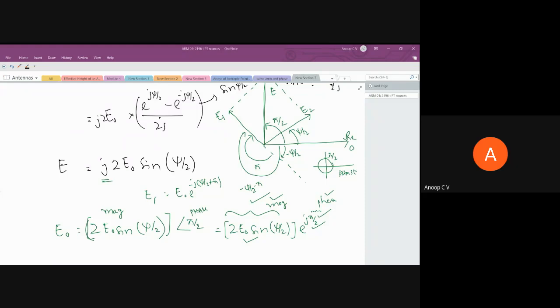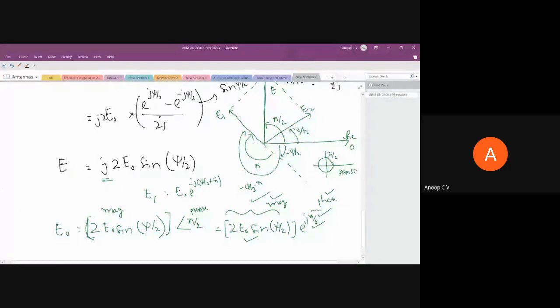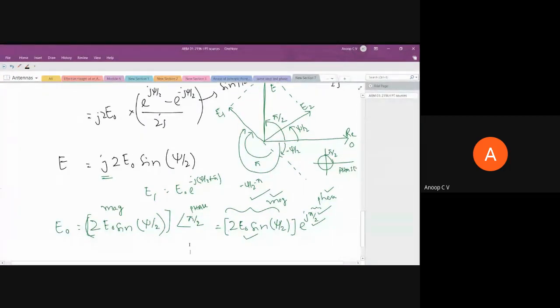If it is plus j, the phase shift is plus pi by 2. If it is minus j, that will be minus pi by 2. You might have used it, right? You might be familiar with this, but normally students tend to get disconnected when they see complex expressions. We don't want to do that. We are comfortable with this. So that is the expression.